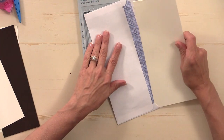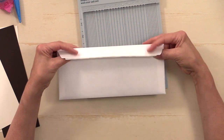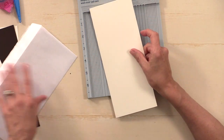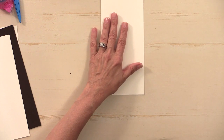And you can see that this fits right into the envelope really nicely, so let's just put that in there, and you can see that's a nice, snug fit. I have a security envelope, but you don't need to use those. You might have a lot of envelopes at home, even in different colors, that you can use for this. Okay, so now once that is scored,